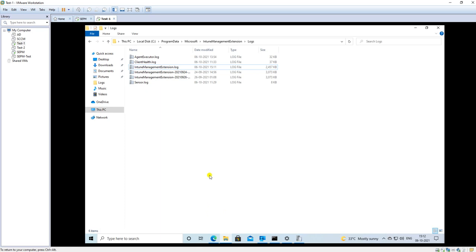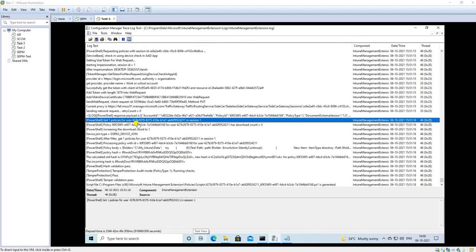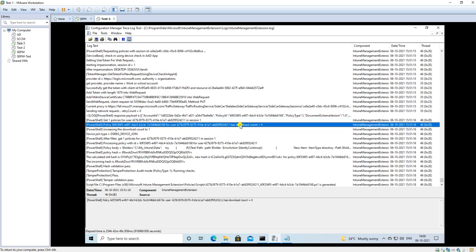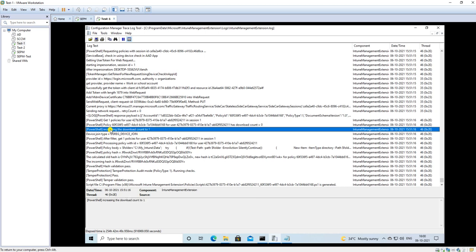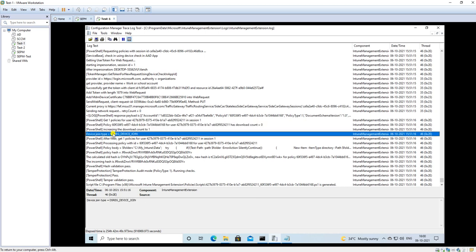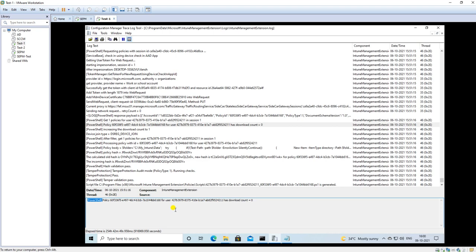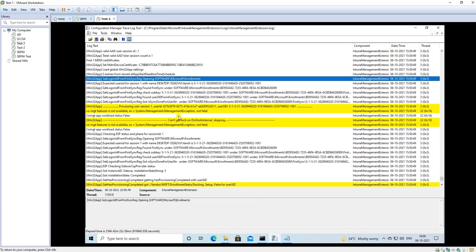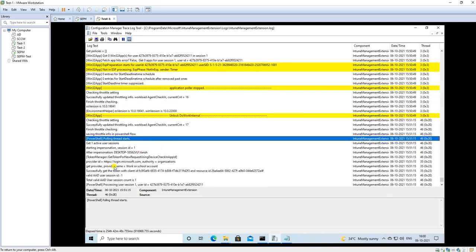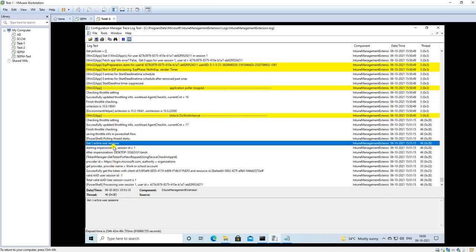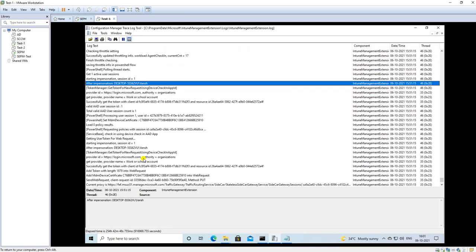So we can wait to sync up this policy here. And okay guys, so here my client machine got the policy. And you can check with the PowerShell tag, get a policy for this. And it is like a PowerShell policy, and download count is 0, so increasing the download count to 1. So how you can do that, you can just go and check with the PowerShell tag. So starting in the logs you will be getting this PowerShell tag. So PowerShell polling thread is started, and from here you can start reading these logs.